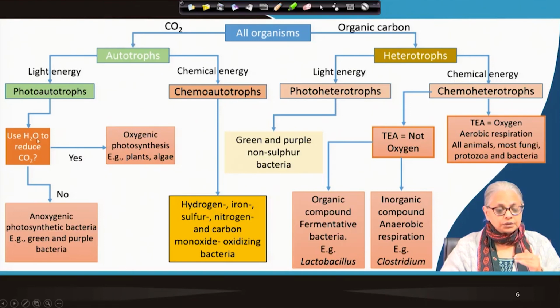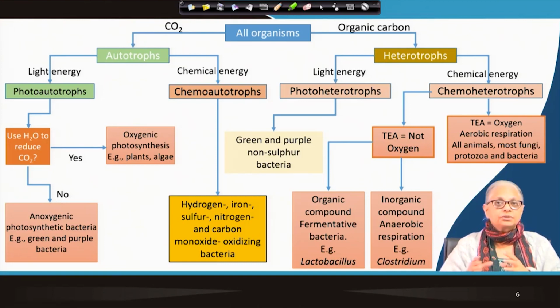If water can be used to reduce carbon dioxide to organic carbon, and the answer is yes, that means those organisms are what we call photosynthesizers that are capable of generating oxygen. So the plants around you as well as the algal cells are all organisms that are capable of oxygenic photosynthesis. Now, if the answer to this question is no, then we have another group of bacteria that are